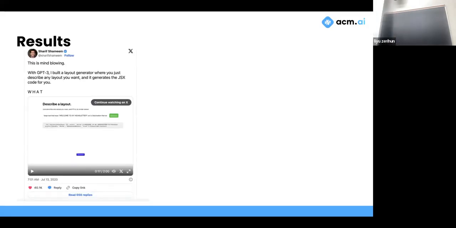Oh my God, this is mind-blowing. I feel like all of us are so lost on it now, but 2020 was crazy. You saw them type in, make a button with this code, and it just made the code, and you're like, oh my. Now it's like we don't even care. And for reference, this is around the time when the first diffusion models came. They're like, oh, we can generate pictures of faces. And in natural language modeling, they were doing this. So this was insane, especially still now, but especially at the time.